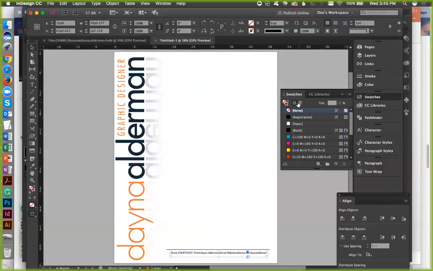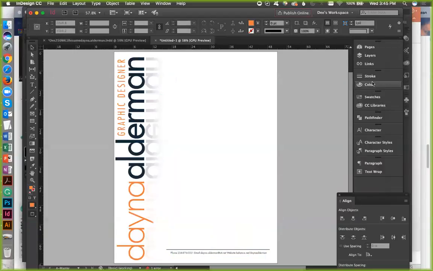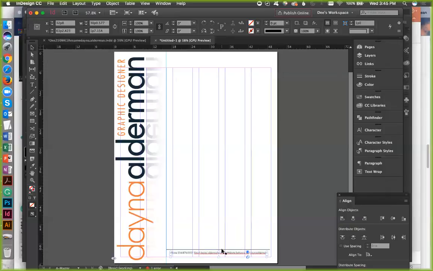Swatches. Black and 80%. Okay, I'm good there. We'll just start with this. Let's hit W and bring it down a little bit. There we go. It's lined right there.